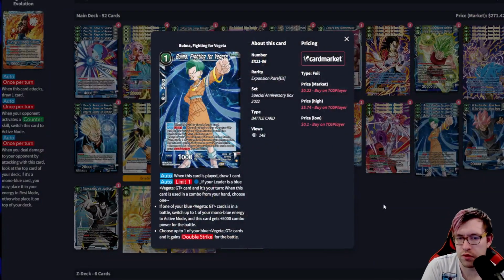First, the Bulma fighting for Vegeta. Auto, when this card is played, you get to draw 1, boom. Auto, limit 1, for 1 blue. If your lead card's blue and this is your turn, when this card is used as a combo from your hand, choose 1. If one of your blue Vegeta cards is in battle, switch one of your mono blue energy to activate. This card gets plus 5k combo for the battle. So being able to just be a 10k for free is kind of nice as a combo piece,